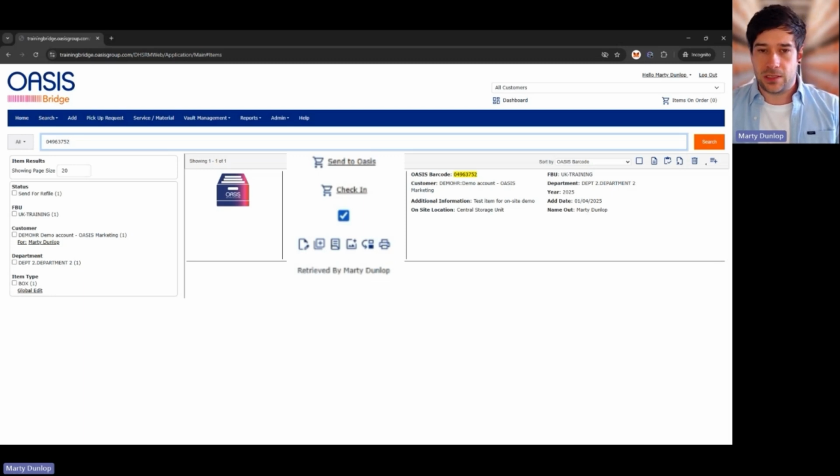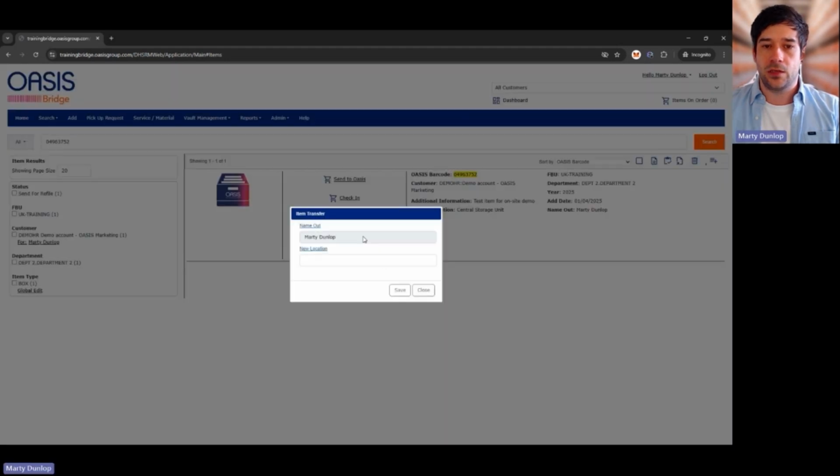If it's been kept on site, they can check it in or check it out. And this is where it will record the movement for that batch report. You can also just transfer. So for this icon here, this is where you can transfer it between people from the same client. So say there's two separate users within one office of a client, they can